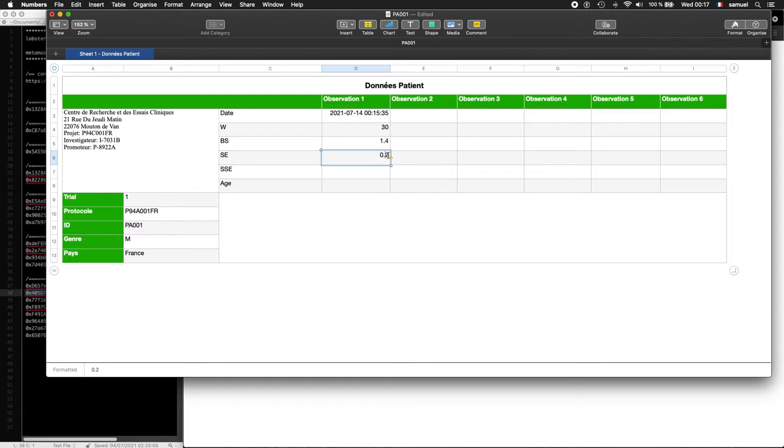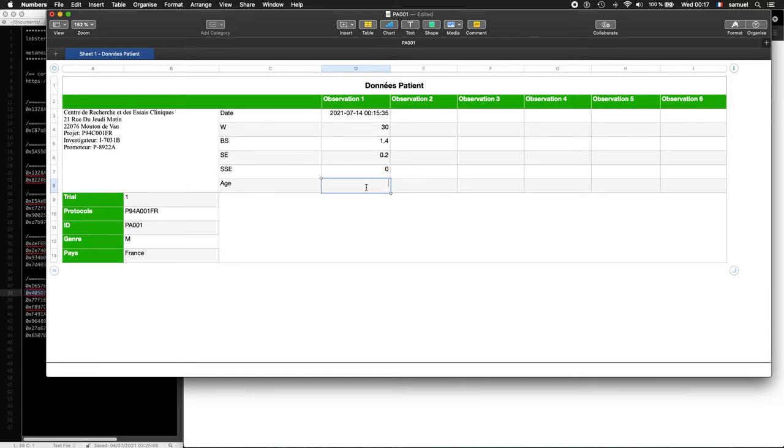So this is not a serious side effect. SSE means serious side effect. Since this is a small value compared to 1, which is the maximum value for side effects, here we just put 0, which means that there are no serious side effects.